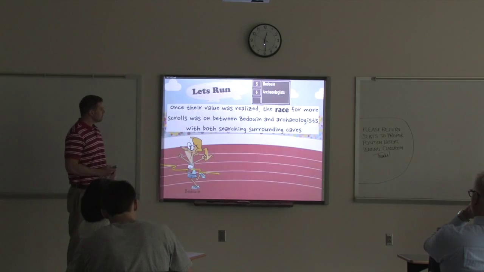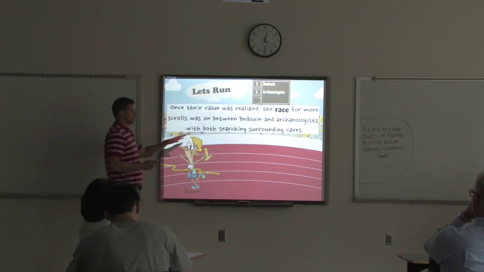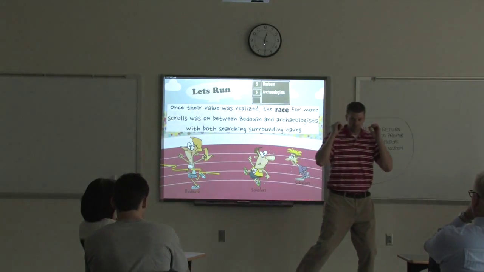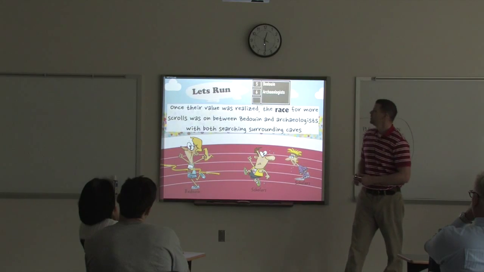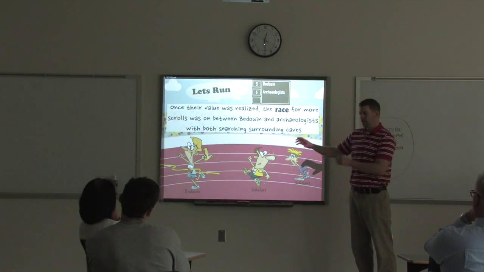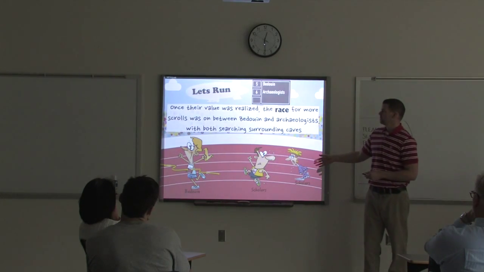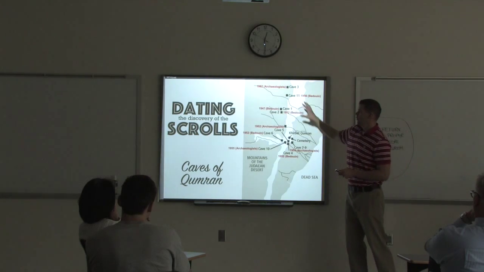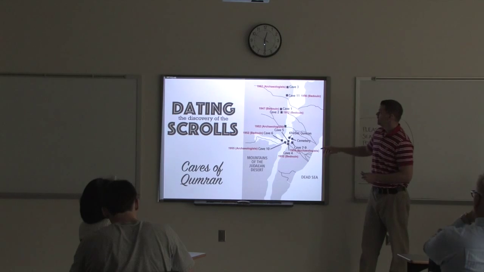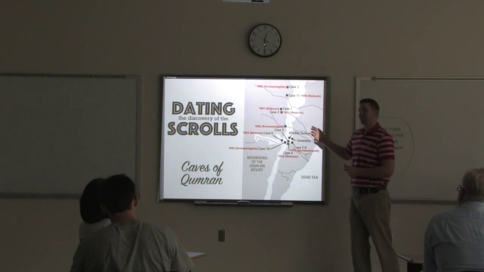This was huge. So after they realized what they have, this is where the race is kind of on. They realize this is the biggest discovery that we've had in many years. And the race is on to find more. They realize these are in caves. So the race is on between the Bedouin and the archaeologists. And what's interesting is to see who got what. There were 11 caves in total. Of these, the Bedouin found 5 of the caves. The archaeologists discovered 6 of the caves.